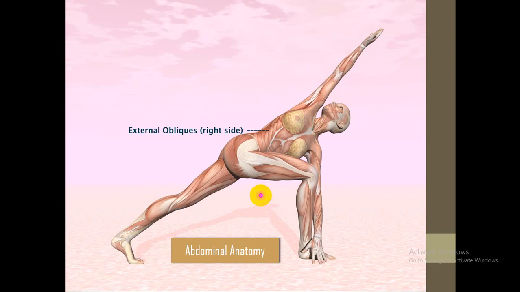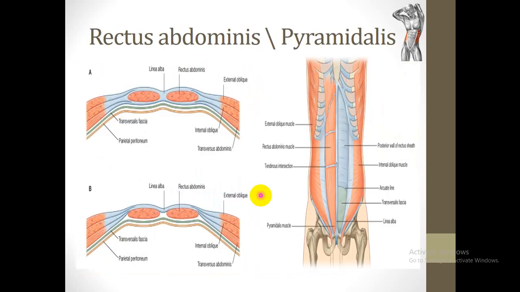Before I leave the anterior lateral abdominal muscles, the rectus abdominis muscle is enclosed in a sheath called the rectus sheath. The rectus sheath covers the entire rectus muscle anteriorly and posteriorly by 3/4. So the pattern of covering the rectus abdominis muscle in the upper 3/4 of the anterior abdominal wall is that anteriorly it is covered by the aponeurosis of external oblique and half of the aponeurosis of internal oblique.